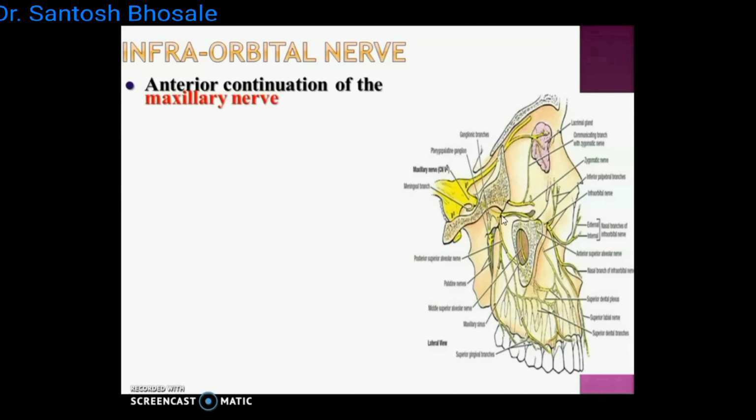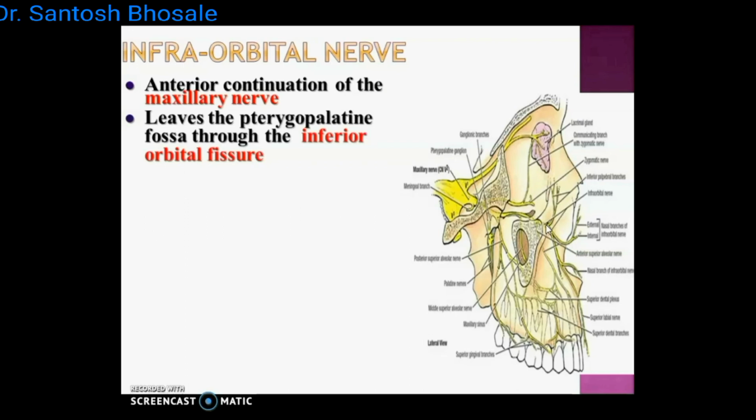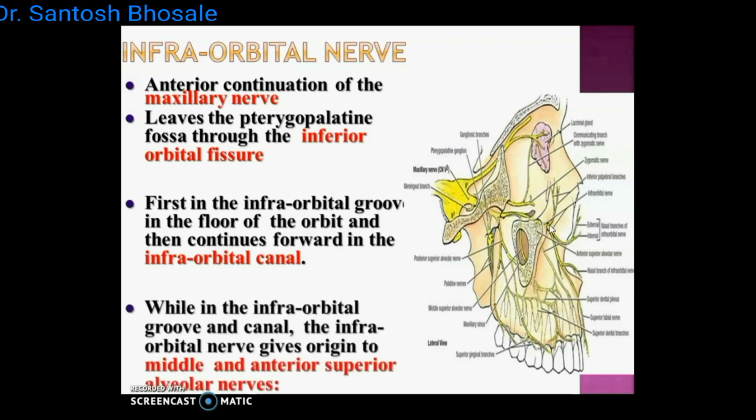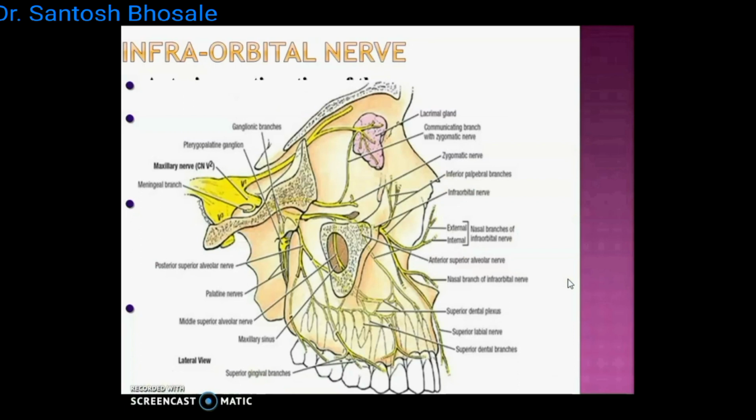And the infraorbital nerve is a continuation of the maxillary nerve. First it enters the infraorbital fissure, then the infraorbital canal, then the infraorbital foramen. It opens into the face. So infraorbital fissure or groove, then canal, then foramen. In the canal it will give the middle and anterior superior alveolar nerves. You can see that is the anterior superior alveolar nerve supplying the maxillary sinus, and the middle superior alveolar nerve is there. You can see the canal, that is fissure, canal, foramen, and on the face it will give terminal branches,